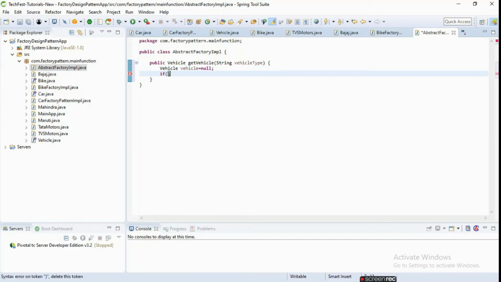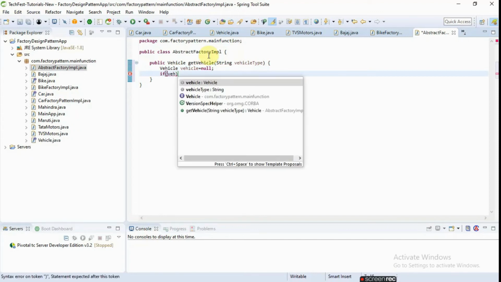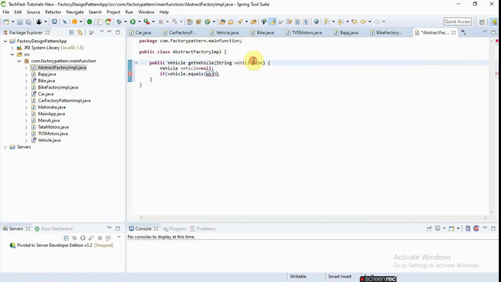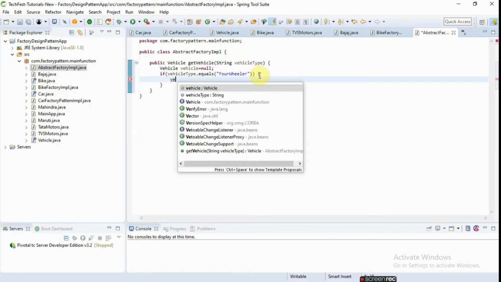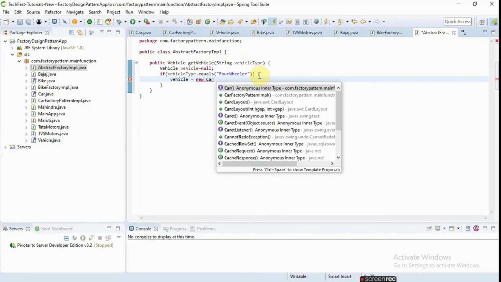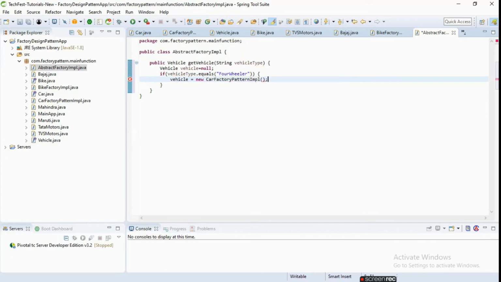and an if condition: if vehicle type dot equals four-wheeler, then in vehicle we are passing a new car factory IMPL class object,